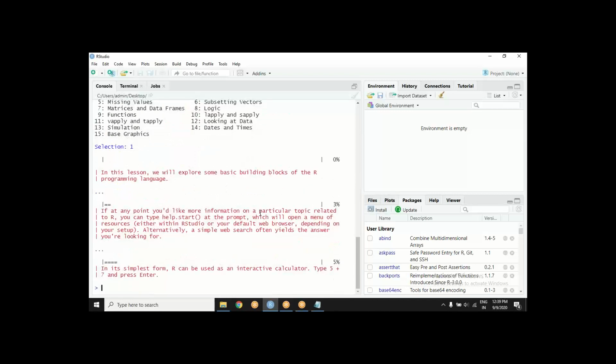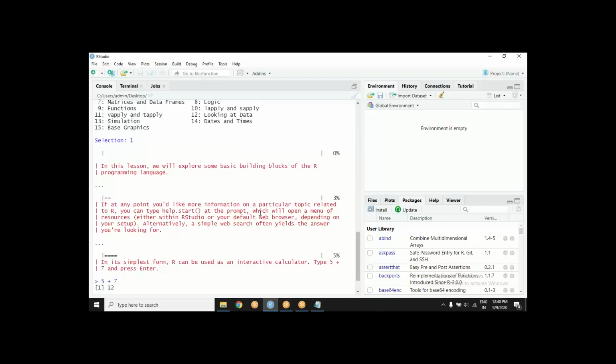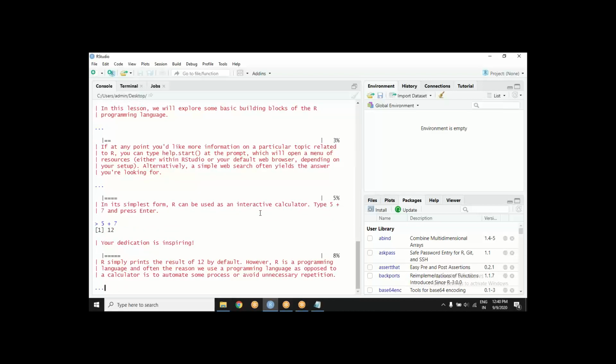Three dots, three dots. Okay, here is the question. It says in its simplest form, R can be used as an interactive calculator. It is saying show me by typing 5 plus 7. Okay, let's show it by typing 5 plus 7. I am adding, and okay, you are on to the next question, and next, and next, and this way you will proceed. So this will be a fun way to learn some basics.